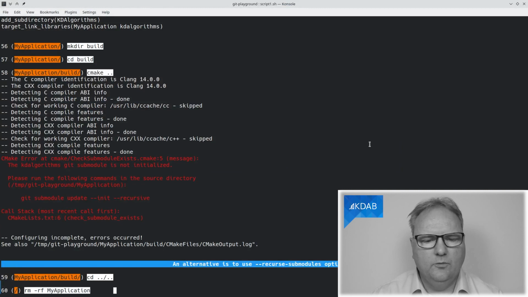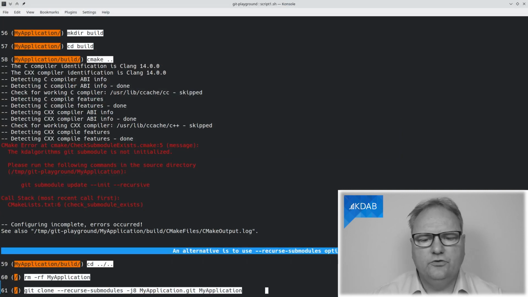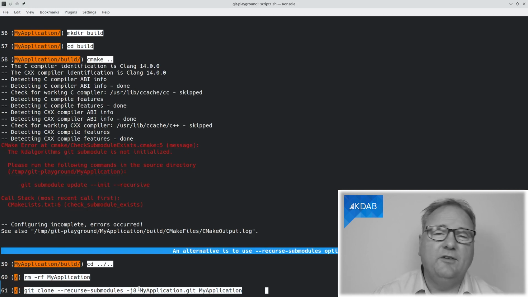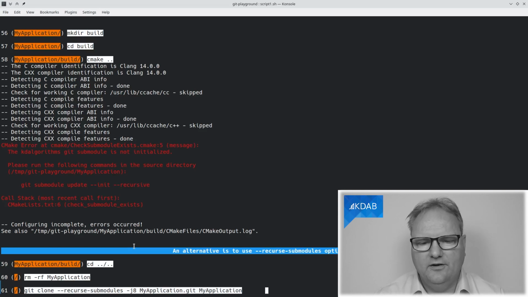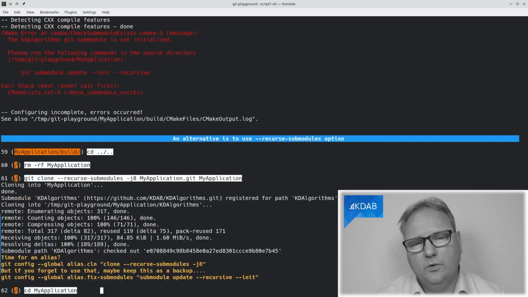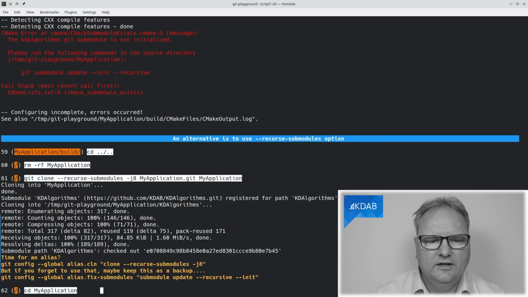So again, I go one level up, I nuke my directory, and this time I'll run clone using --recurse-submodules. I even specify -j8, which tells git it can clone 8 submodules in parallel. And with just one submodule, that's not much of a gain, but hey, it's there.